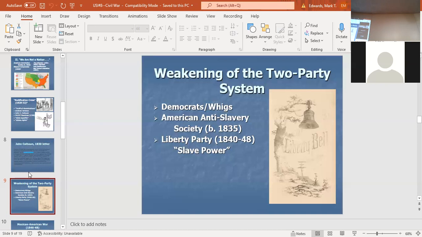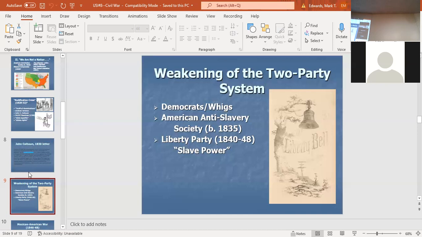The Liberty Party popularizes the term slave power. What is the South? The South is the slave power, the Liberty Party argues. Slave power wanting to pervert the federal government, wanting to take over all of North America, expand slavery throughout this continent. The whole idea of a slave power was intended to call to mind a kind of King George,